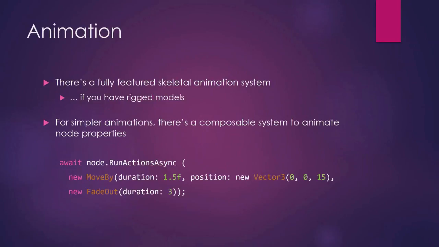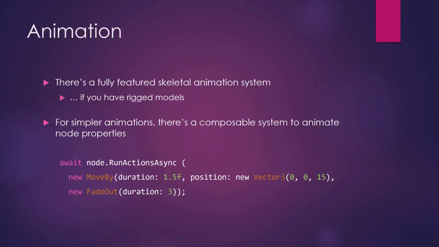And so once you have your scene set up, you're going to want to make it do something. Now, of course, in your update handlers, you can just move things around directly. Or if you want to do something more advanced, if you happen to have rigged models, there's a skeletal animation system, but I'm not going to go into that right now. But there's also this really cool composable animation system. It's not part of Urho itself. It's part of